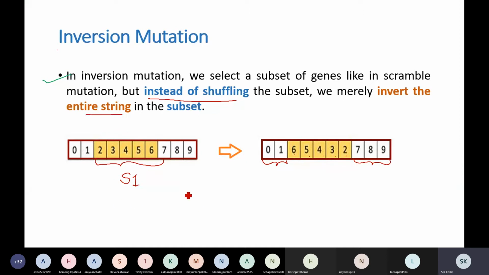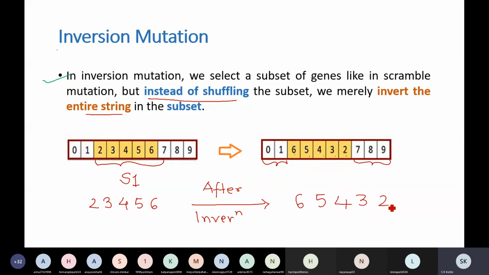So this string was 2, 3, 4, 5, 6. After inversion, that will become 6, 5, 4, 3 and 2.